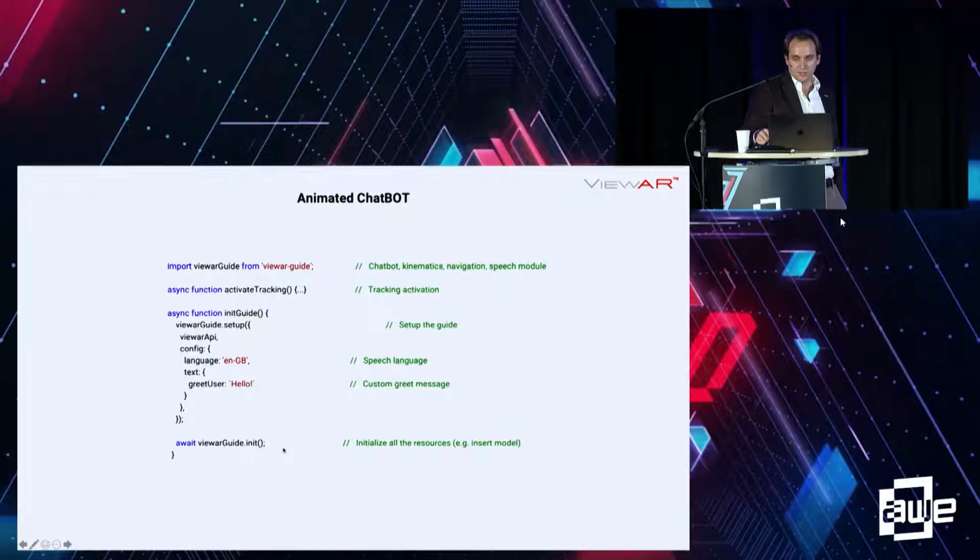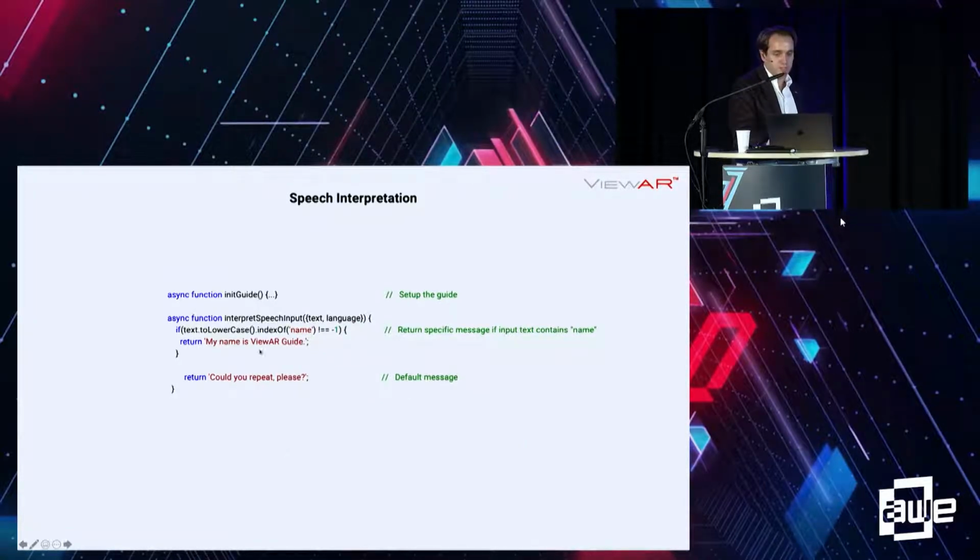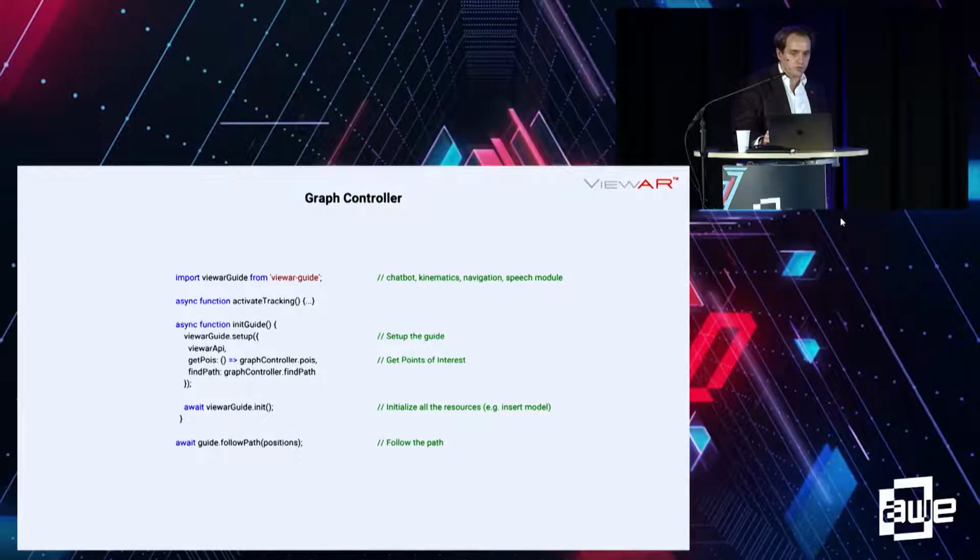And in terms of speech interpretation, you can easily define a callback method. So this is a very rudimentary sample of interpreting speech input, as in getting an input of the text and the language, and this method just checks whether the string name is contained. So if you would ask, what's your name, can you tell me your name, and whatsoever, then it would say, my name is ViewAR Guide. Again, this is very rudimentary, and this should be connected to a chatbot API using the company's knowledge and business data. In terms of the graph controller,